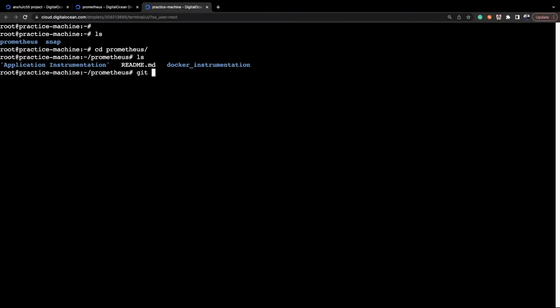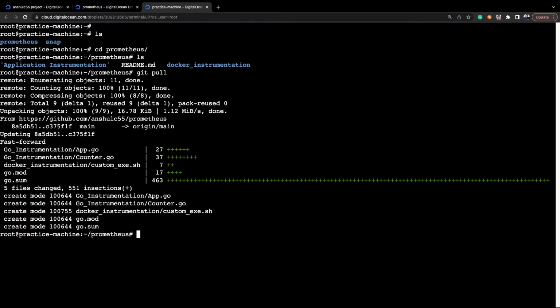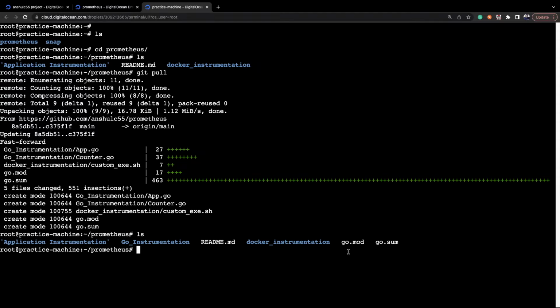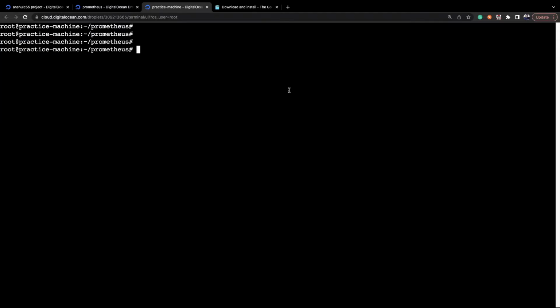Let's execute git pull. So you can see it has downloaded another folder called Go instrumentation. Put ls, we have the Go instrumentation. After the git pull, let's clear out your console and verify if Go is installed on your machine or not. So we will execute the command go version,